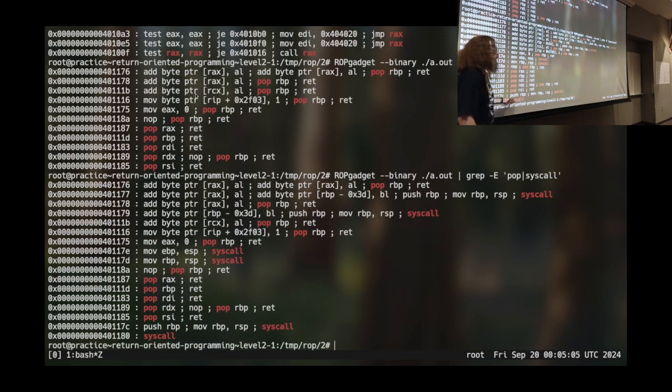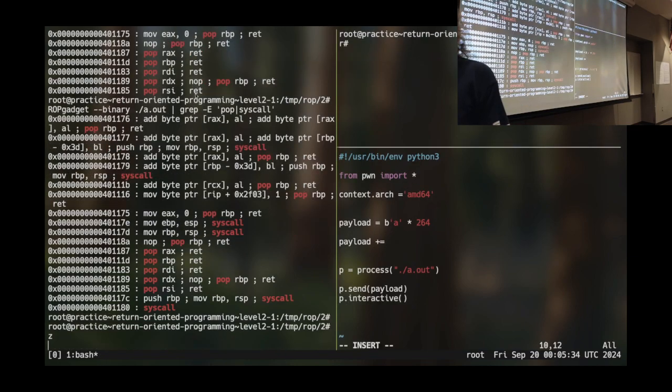Having the syscall gadget in the binary is unusual, right? In the real world, this won't happen, but we can have it here because we're not trying to make things harder than they need to be for you to understand how ROP works. Okay, now this binary is not PIE. There's a question about these addresses. Because this is not PIE, can I use these literal addresses? Yes. How do I use them? I take the addresses.